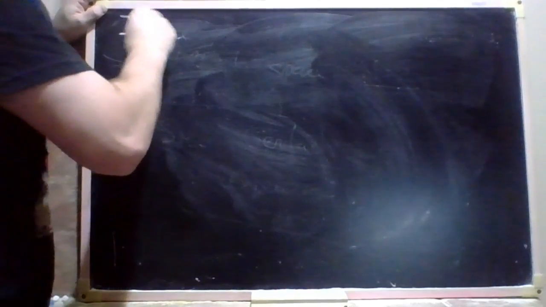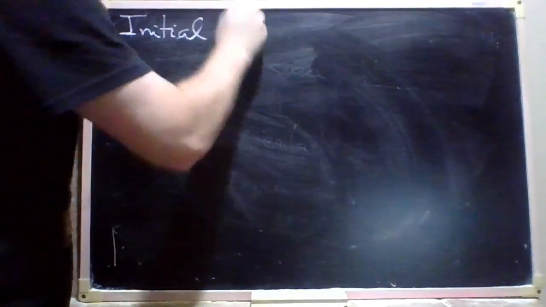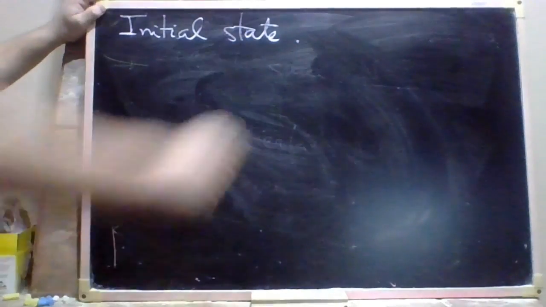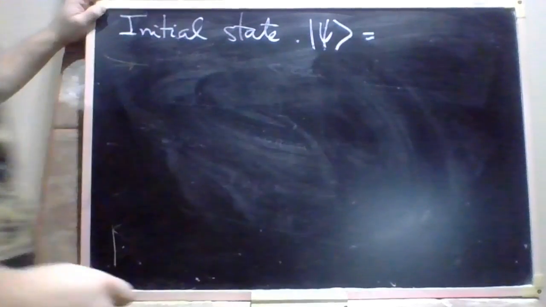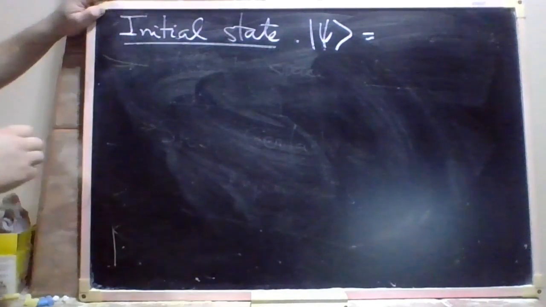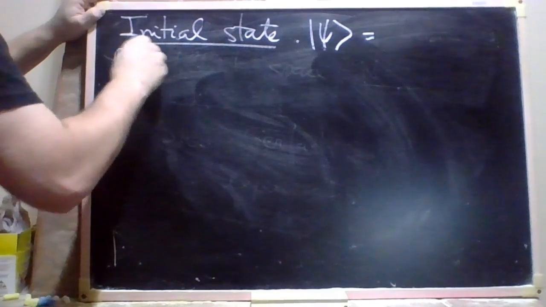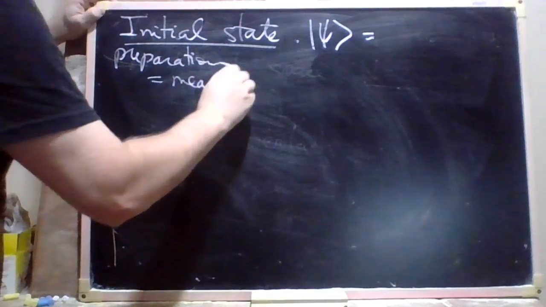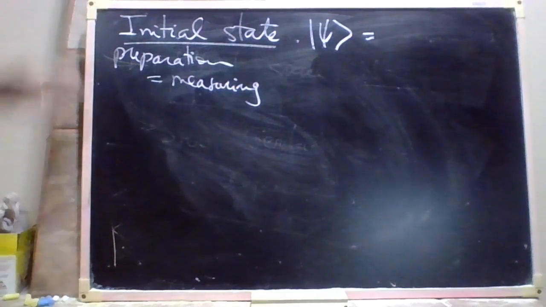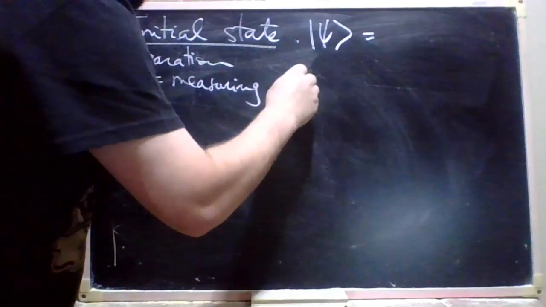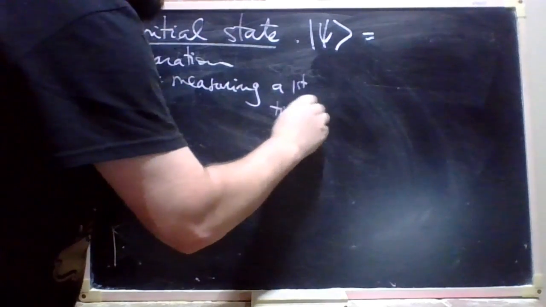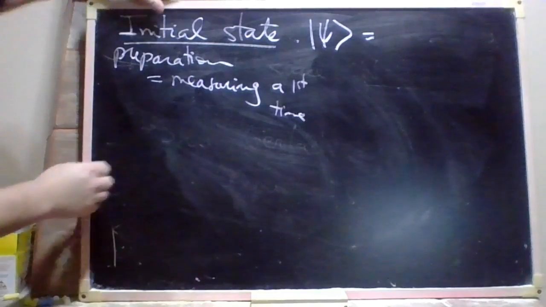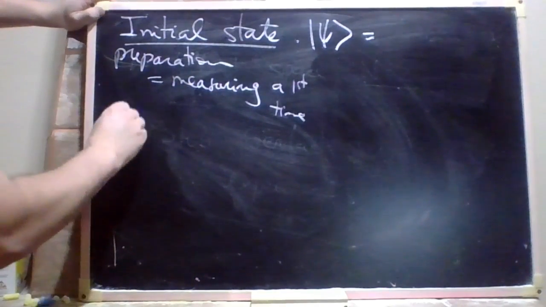So consider this initial state. Psi, I prepare a state. How do I prepare the initial state? By measuring. Preparation is equal to measuring a first time. Okay, so we would have a beam of electrons, an electron beam,